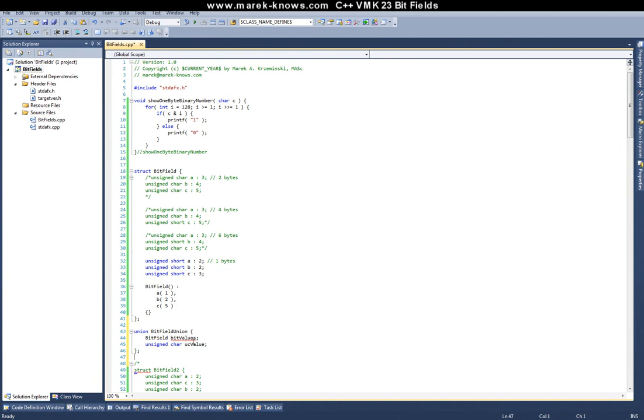And this is going to be a union between our bit field, which is this structure here, and an unsigned character. So we've seen here that all of these bits stack together to be 1 byte, and 1 byte is the same representation as an unsigned character. So we can represent a bit field either as a bit field, or as an unsigned